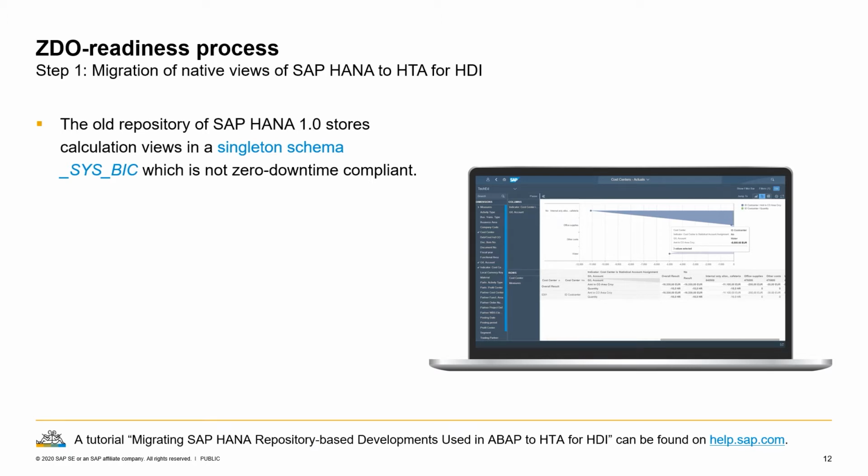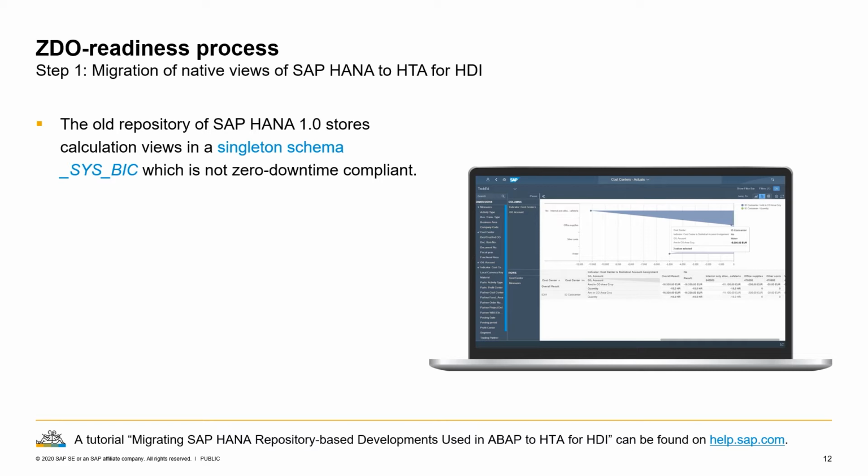I mentioned we have to deal with the native HANA artifacts. That could be a calculation view or also an attribute view, for instance. One of the key principles of a zero downtime upgrade is that the source release and the target release are kind of encapsulated. So the bridge system must only see the content that belongs to the source release while the upgrade prepares the target release. This is actually not ensured by the so-called SysBig schema, which is the SAP HANA repository that was shipped initially with SAP HANA 1.0.